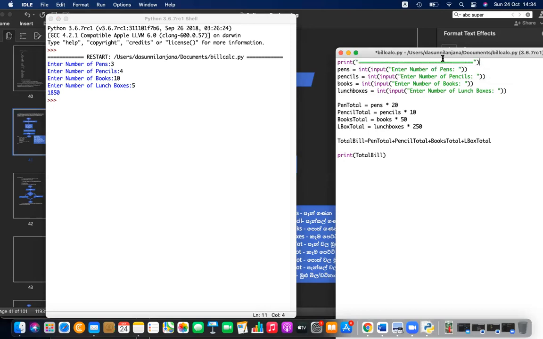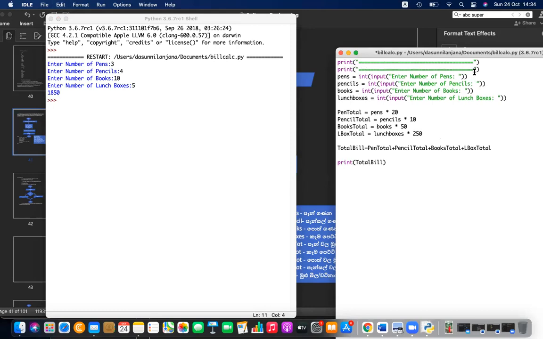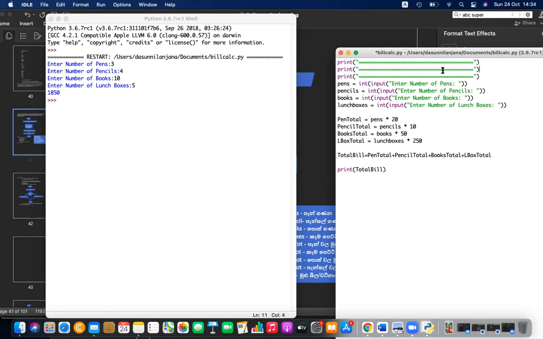Then again, and in between that, you can say ABC supermarket bill. Let's just add hash.